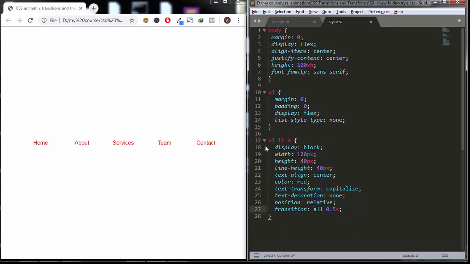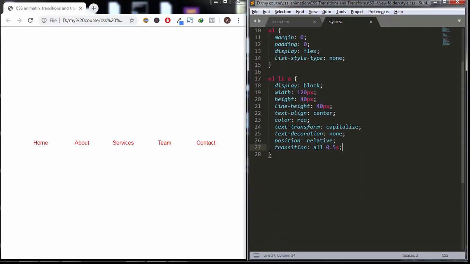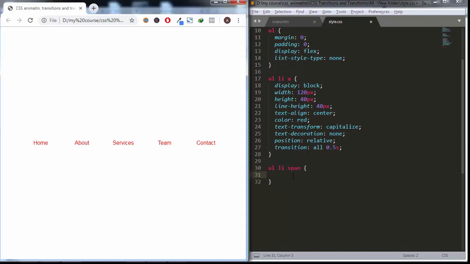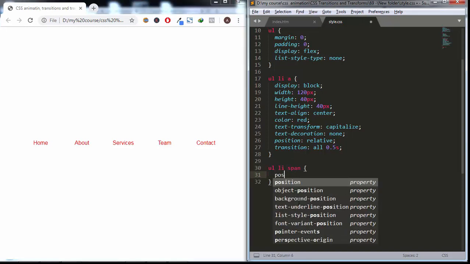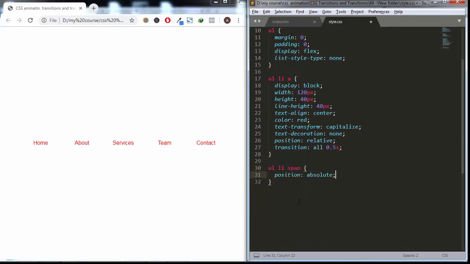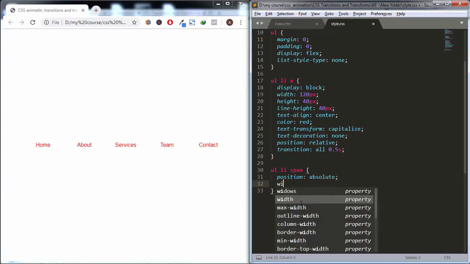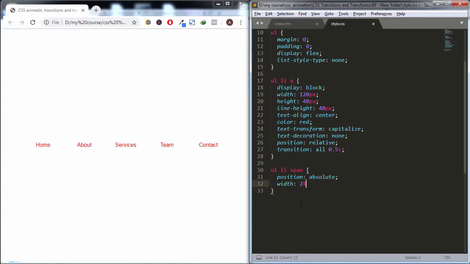Next, we will work on the spans to create the background. So I will target the spans inside the anchor tags, and I will add position, absolute. And because we have 4 spans, we will set the width to 25% for each one of them. Then we will use the left property to control their positioning. So I will add width, 25%,